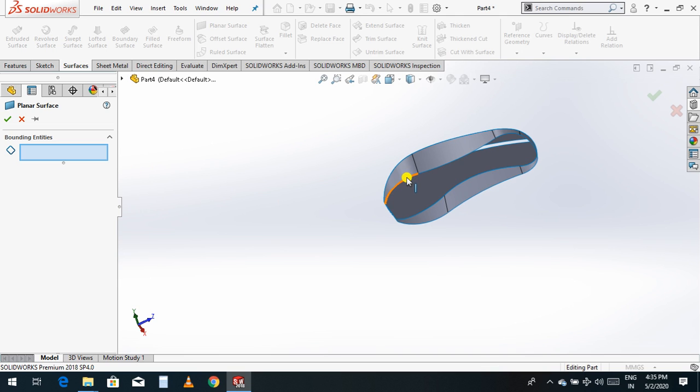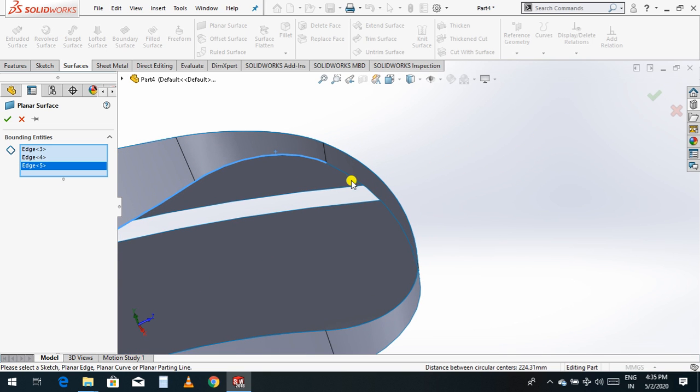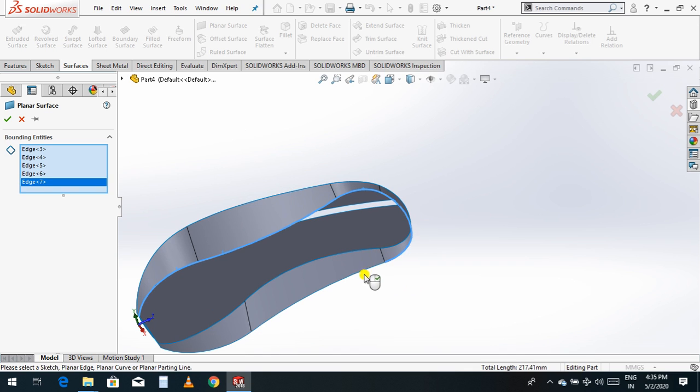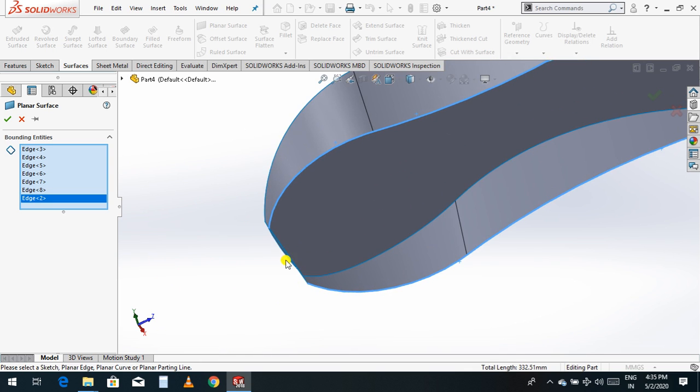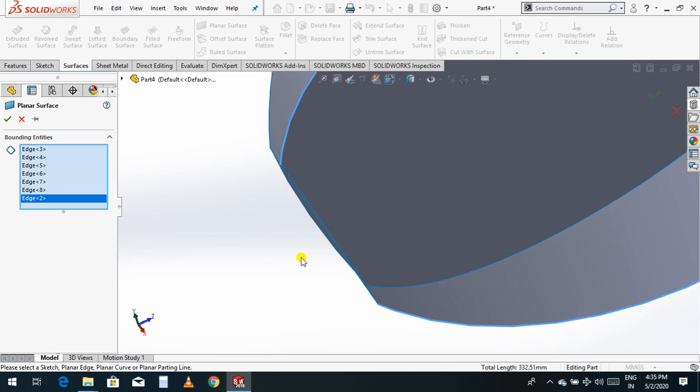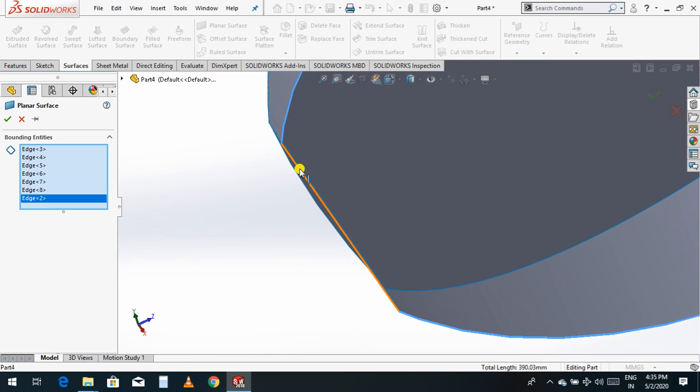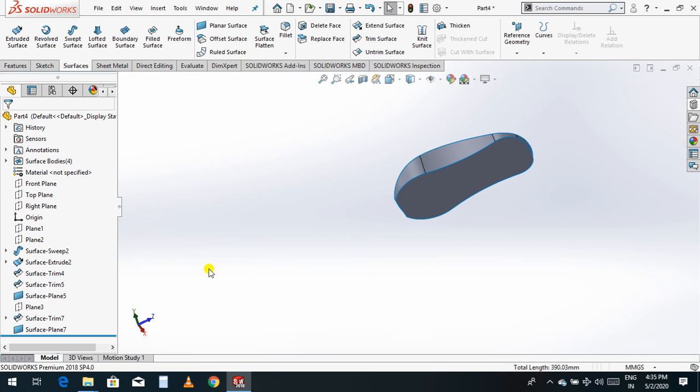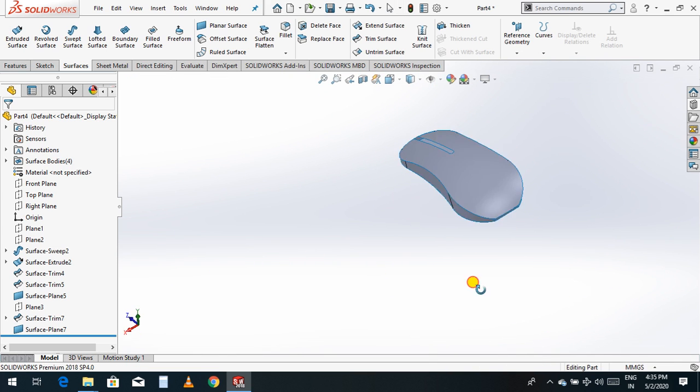Click this one, this one, this one, this one, this one, this one, this one, this one. OK. Now the planar is completed. Now just rotate.